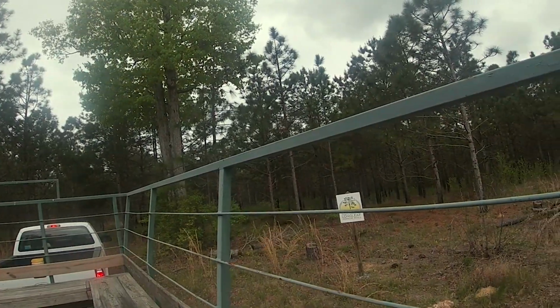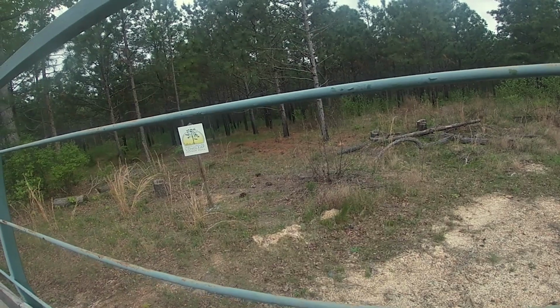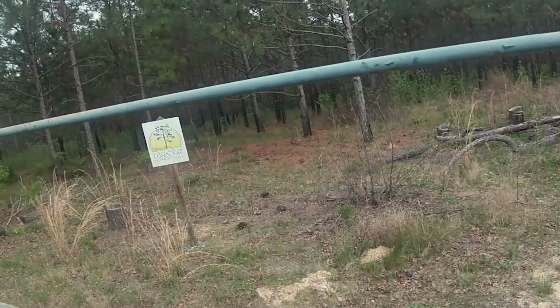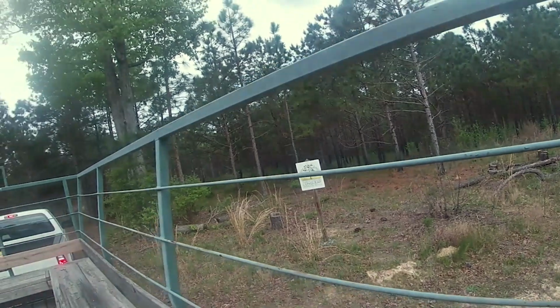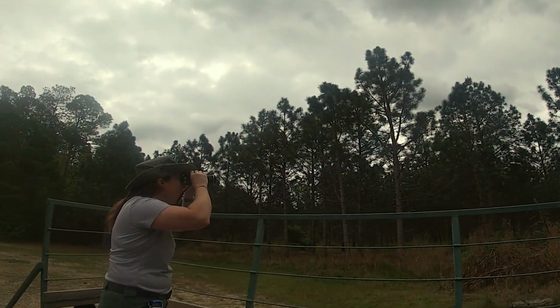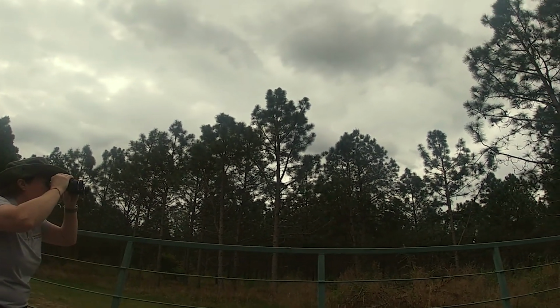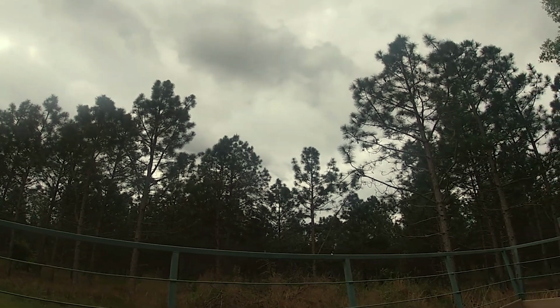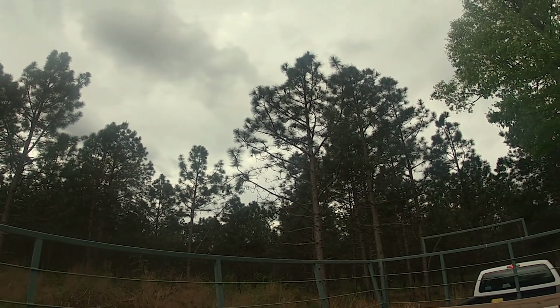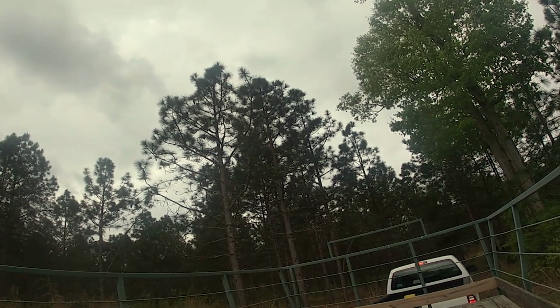Spot here, I am looking through my binoculars, and it looks like these are longleafs. Awesome. Get out your binoculars, take a look yourself. I think we may need to venture in a little bit more really to see if these are longleafs, but by their size and what I'm seeing so far, I would probably estimate these are about 26 years old, or